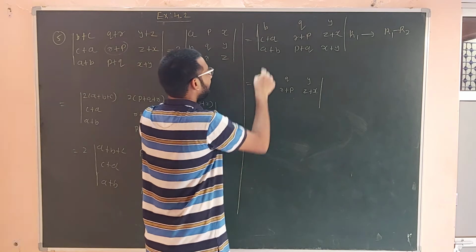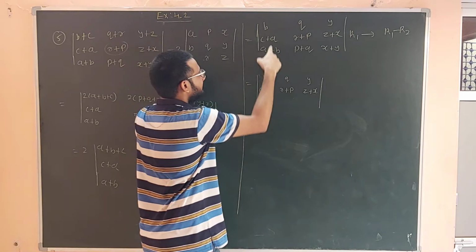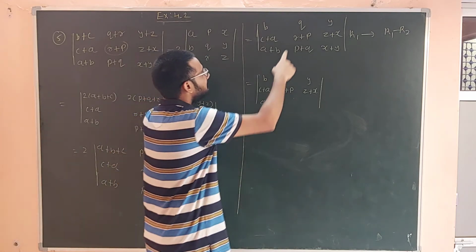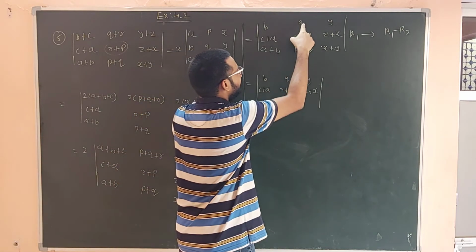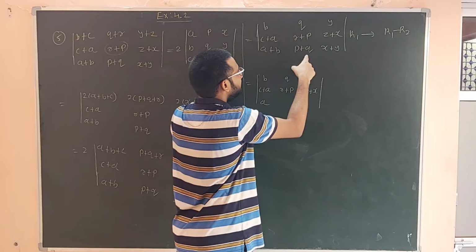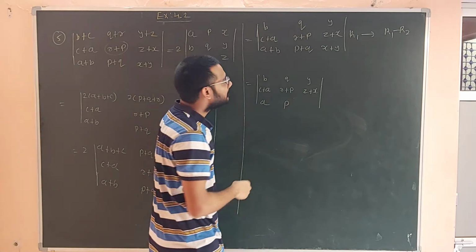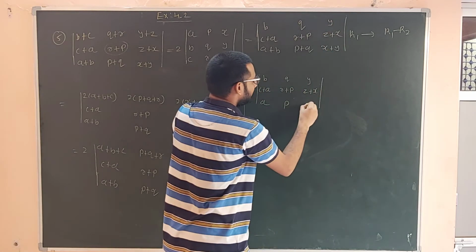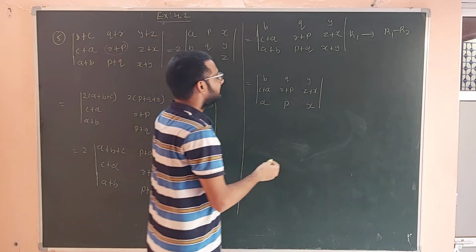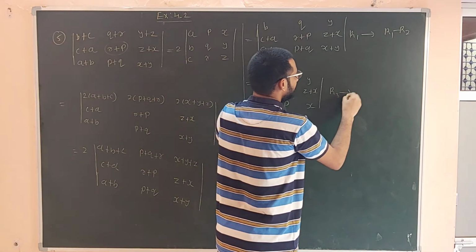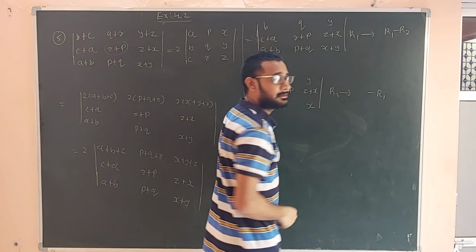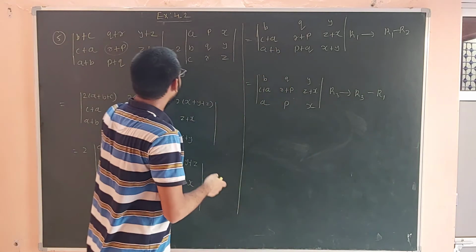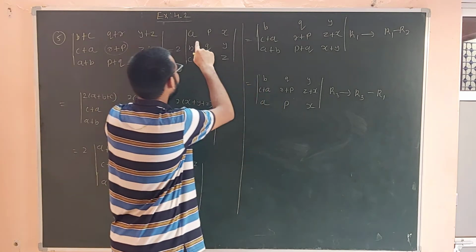We multiply B with minus 1 and add into the third one. So here only what remains? A remains. Here we multiply Q with negative 1 and add into the third one. So minus Q plus Q cancel. What remains? P. Here we multiply Y with negative 1 and add here. So what remains here? Only X. So we can write this reaction like this. We multiply row 1 with minus 1 and add into the row 3. Okay. So again we got A, P and X, A, P and X.